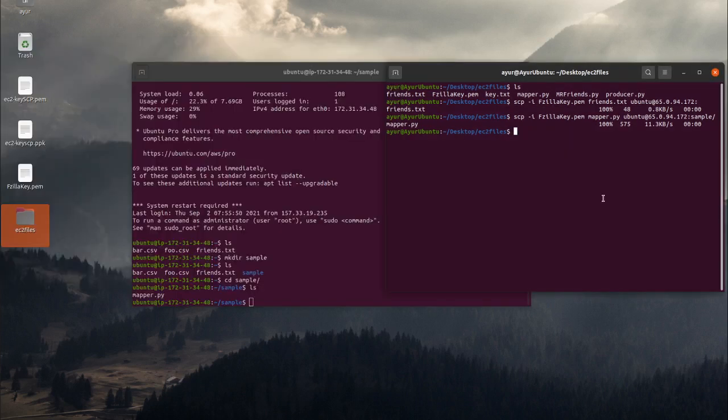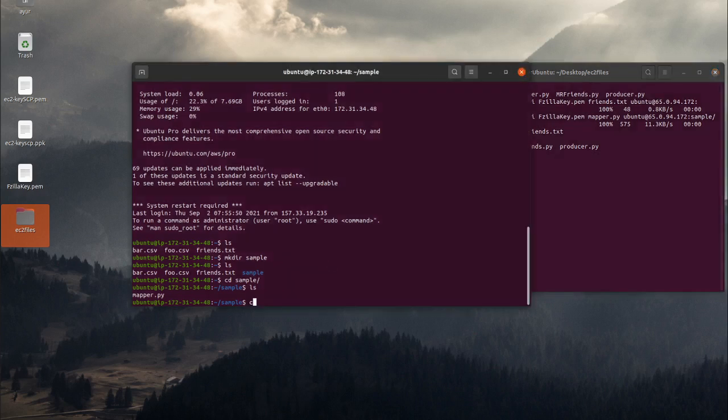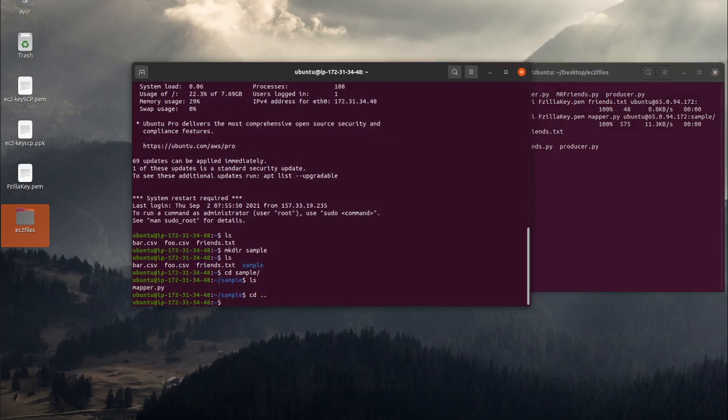And now we are going to download the file which we have uploaded. So let's just first delete this friends.txt. So let's do ls. Now as you can see, there is no friends.txt file present over here. And now we will download it from over there. So our friends.txt is in home. So let's go to home.